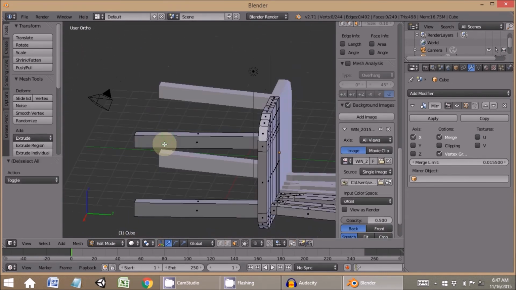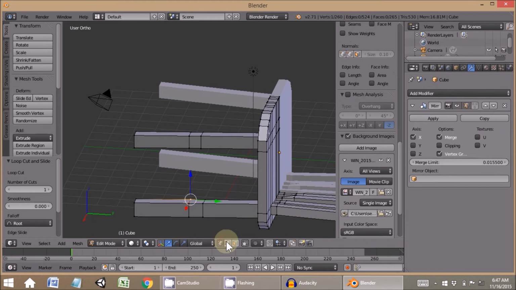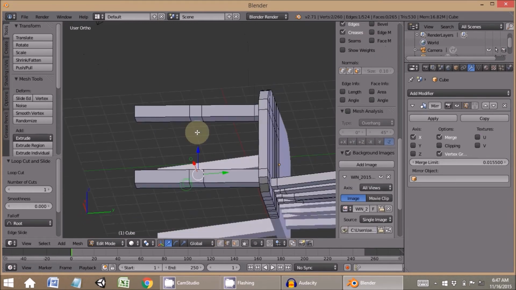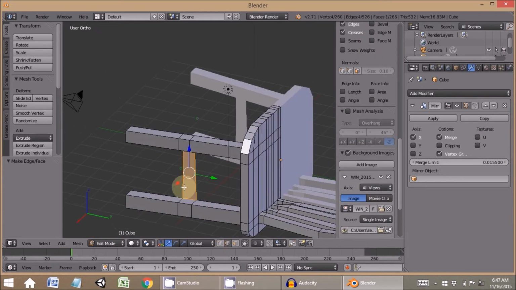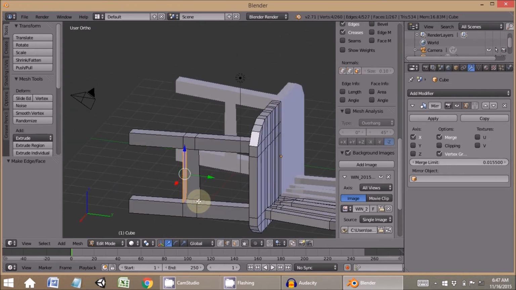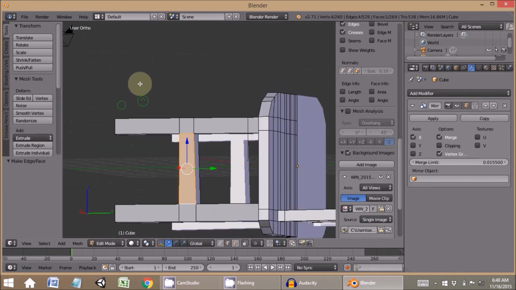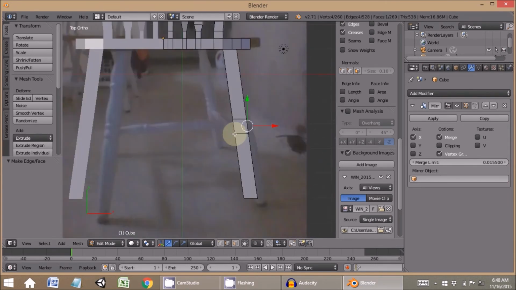So we'll just do the same thing as earlier. Control R, repeat on the bottom, and then join. Yeah. There. Shift right click, after fill. Right click, shift right click, after fill. Right click, shift right click, after fill, and set the crossbar, and then there is also a crossbar going between